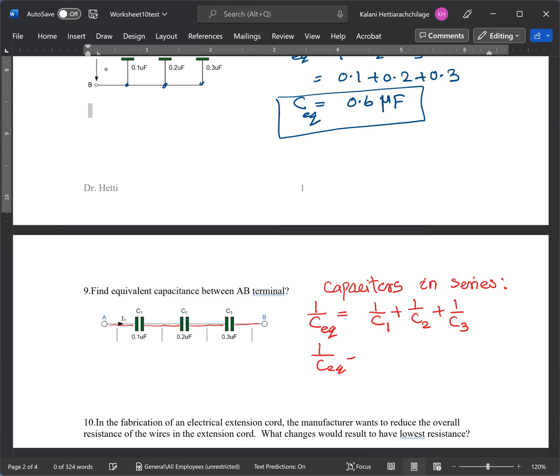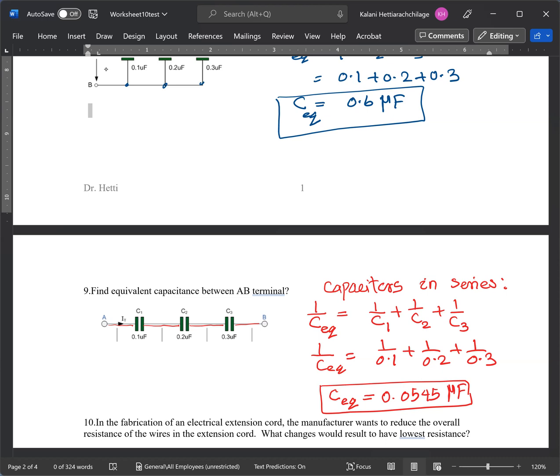So C equivalent equals 1 over 0.1, 1 over 0.2, 1 over 0.3, and then you're going to plug into the calculator and find the equivalent capacitor. So don't forget that you need to take the reciprocal at the end for your answer. So what I have is, I don't know if it's correct or not, I have a very small number, 0.4 microfarad,